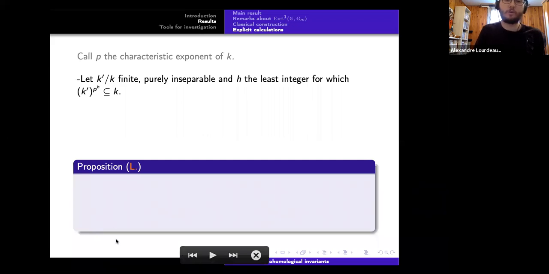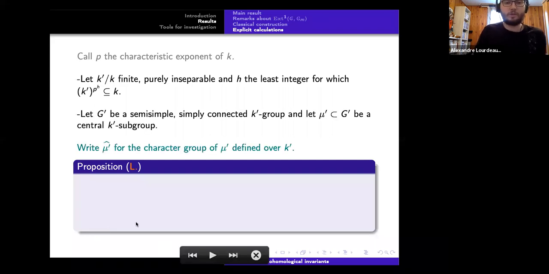So we also have an explicit calculation for the group of invariants in some new cases. If we take a finite extension k' of k, which is purely inseparable, we call h the least integer for which k'^(p^h) is in k. So I call it the height of the extension. If we take G' to be a semi-simple, simply connected k'-group, and if we take a central subgroup mu', which is a finite multiplicative group,